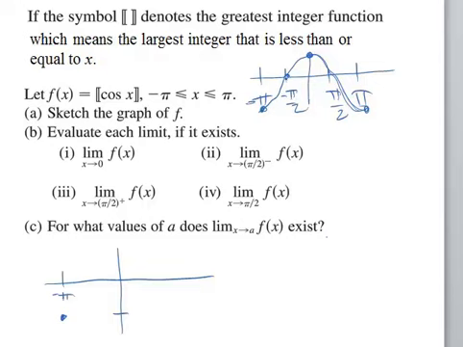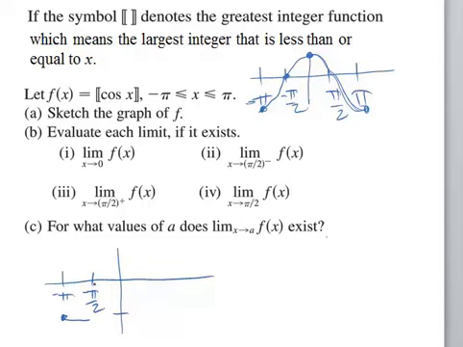Now as we move along to negative pi halves, we see that the cosine is something between negative 1 and 0, but it's not yet to 0, so the greatest integer for any of these values here would be negative 1, because it's the largest integer that is less than or equal to the cosine x value. So that's going to stay down here at negative 1 until we hit pi over